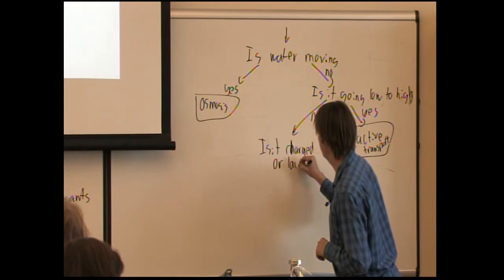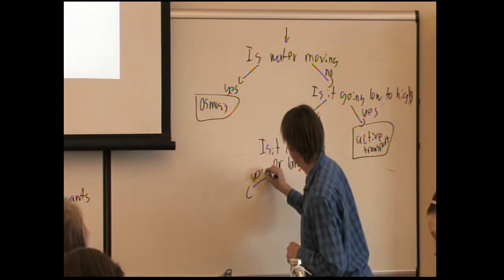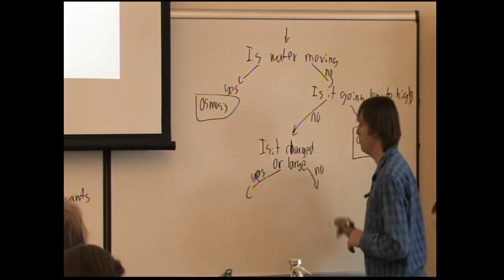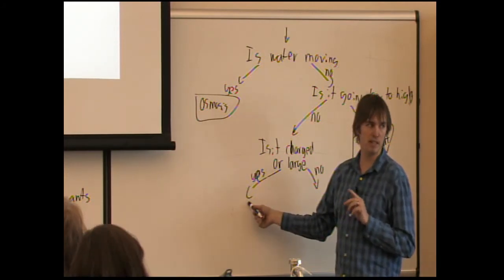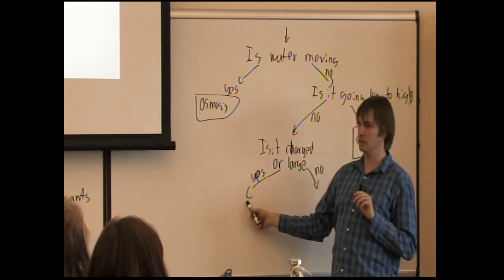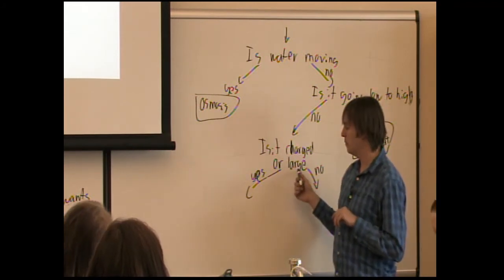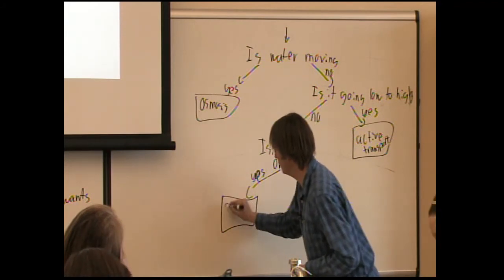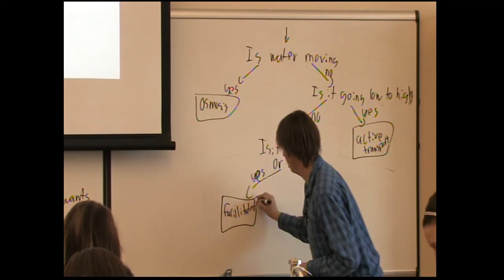There you go. So if you say yes, is it going to be simple or facilitated? Which means it needs help, right? So this is the facilitated. And if no,